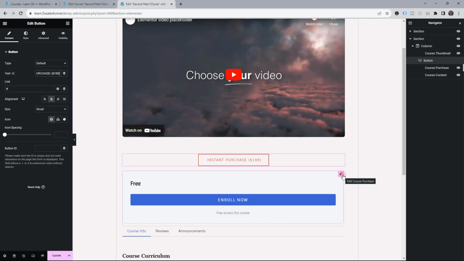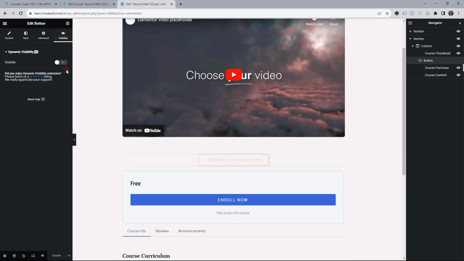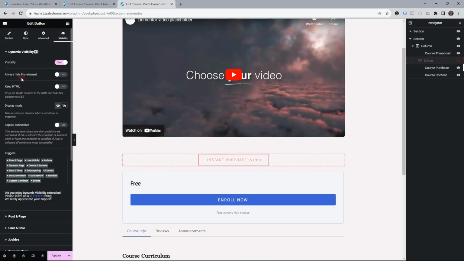Okay, that's my requirement, and the way to build this is through the use of the dynamic visibility plugin condition. So this instant purchase button, if we come into the visibility, we want to enable visibility, and we want this purchase button to be visible to those who have not purchased this course. So now the question is, how do we determine who has purchased this course and who has not purchased this